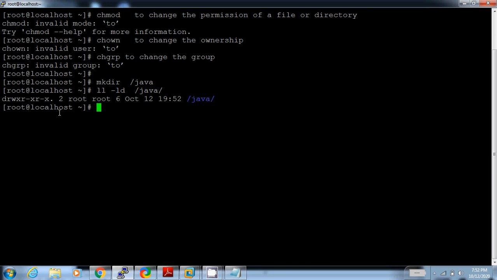See, this is the permission, default permission for directory rwx, r-x and r-x. It means rwx 7 and r-x 5 and r-x 5.